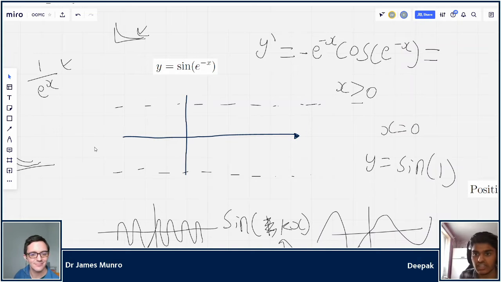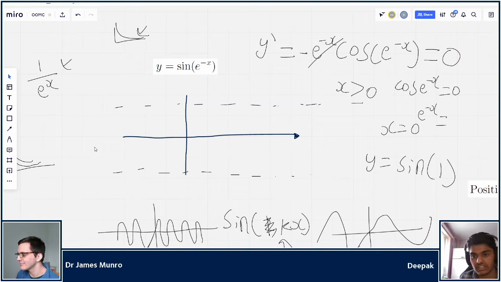But if we're interested in when this is equal to 0, well, e to the minus x is certainly not equal to 0, so let's just bin that. And then, when is cos of e to the minus x equal to 0? Well, we can inverse cos both sides, sort of thing, e to the minus x. And cos is 0 at